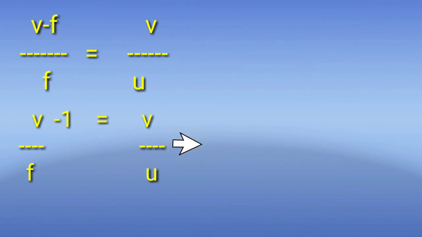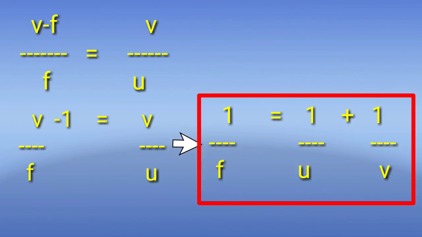From the equation, finally you will get 1 by f is equal to 1 by u plus 1 by v, which is the mirror formula. Once observe, f means focus, u means the distance between the object and pole, v means the distance between the image and pole. If you know any two values, it is easy to find the third value. So this is the mirror equation: 1 by f is equal to 1 by u plus 1 by v.